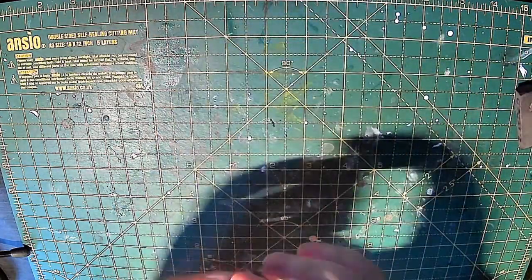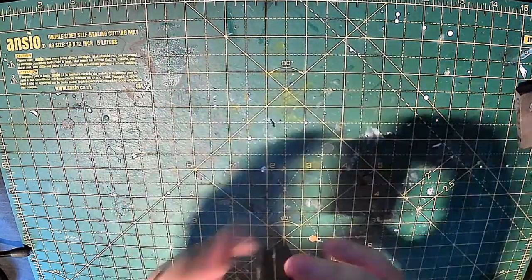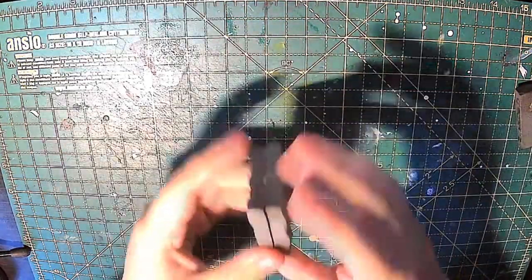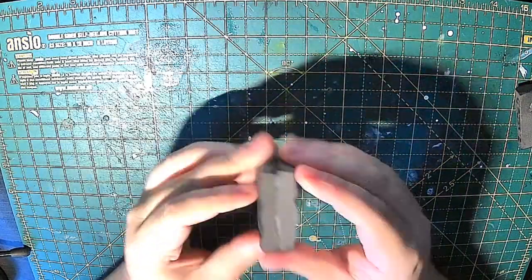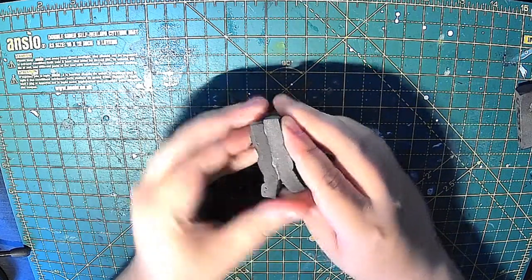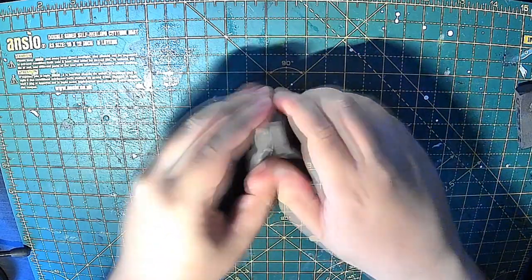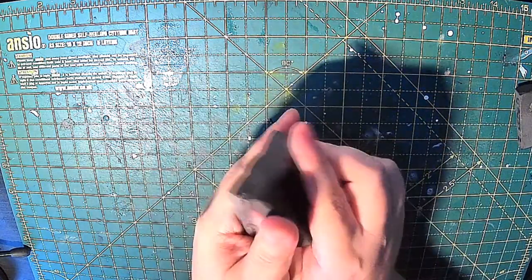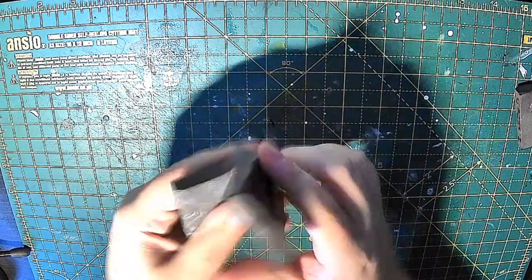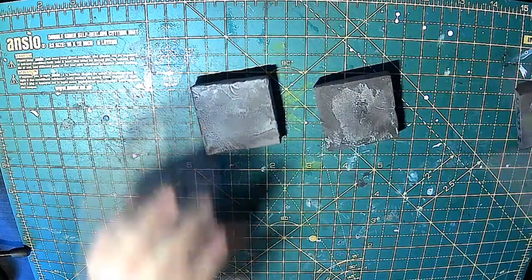So let's try the one that's only got it on one side. Now, like I said, look at the shadows, man. This has been kind of curing for a couple of hours. I'm going to try and do the same thing. It's way weaker. Look, I'm getting in that already. There you go. I'm not going to say it's night and day, because it certainly isn't, but yeah, if you